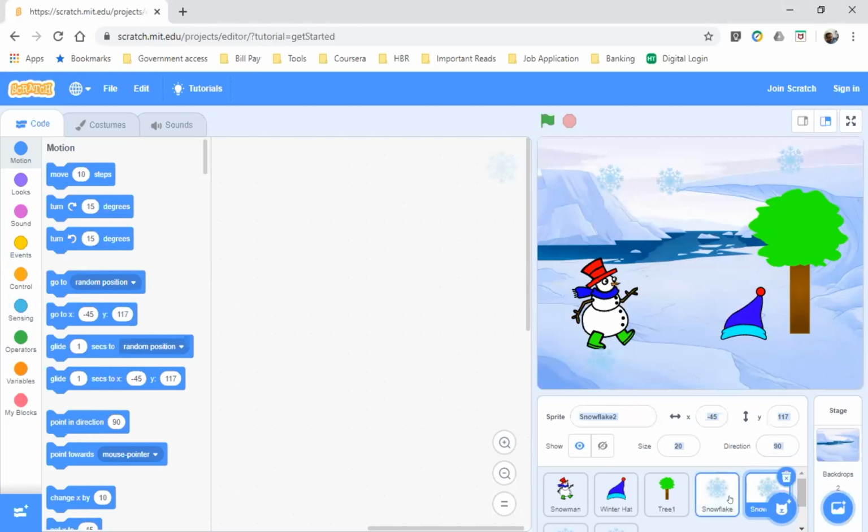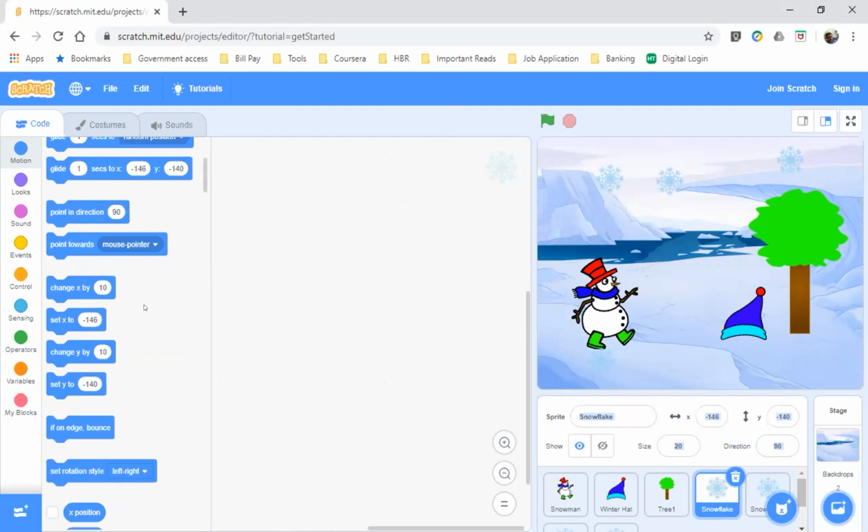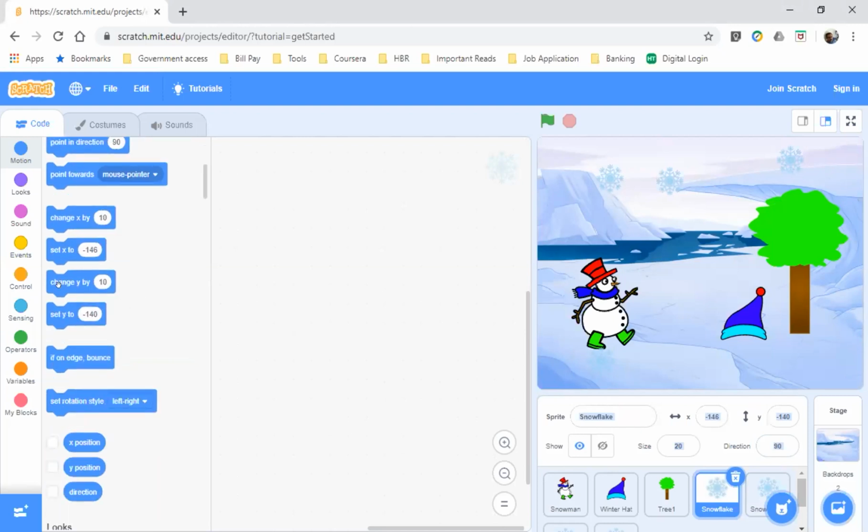You have selected. Very good. Now scroll down in the motion. We will first set the Y position. There would be a block by name set Y. This one. No, not change Y.